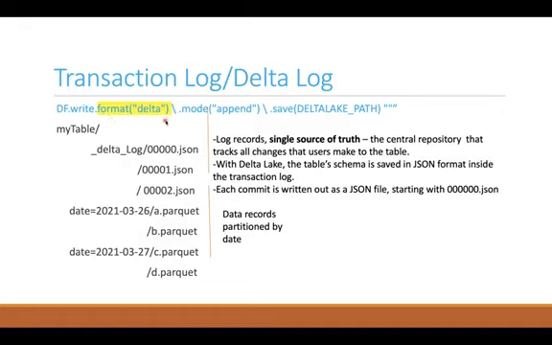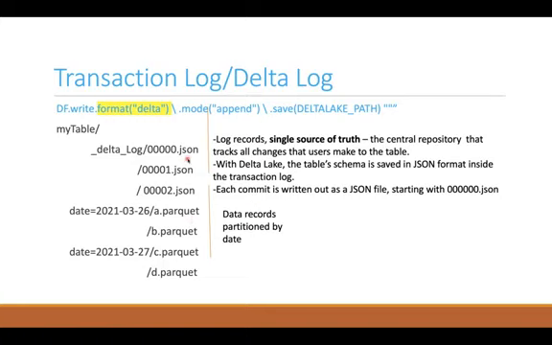When we create the delta table, it creates the transaction log or delta log, in this format. Here there will be a folder, _delta_log. Under that folder there will be JSON files, and also under the partition folder, for example, if we have the date partition, there will be data parquet files, which are nothing but the actual data.